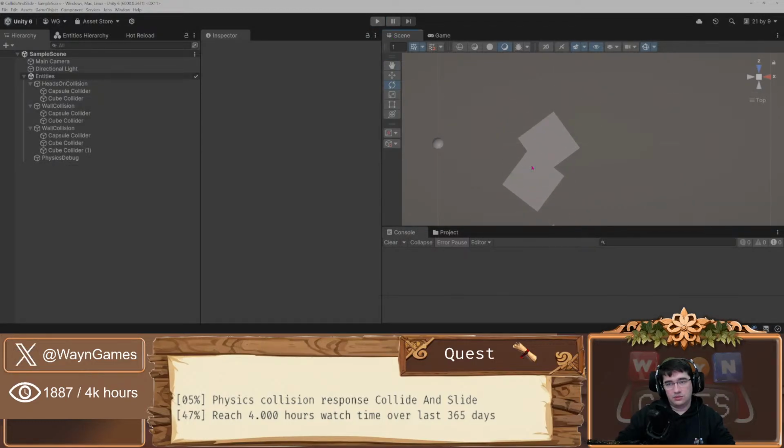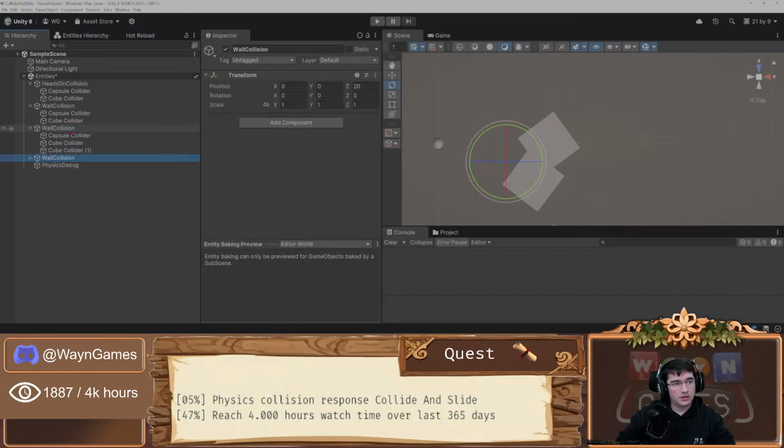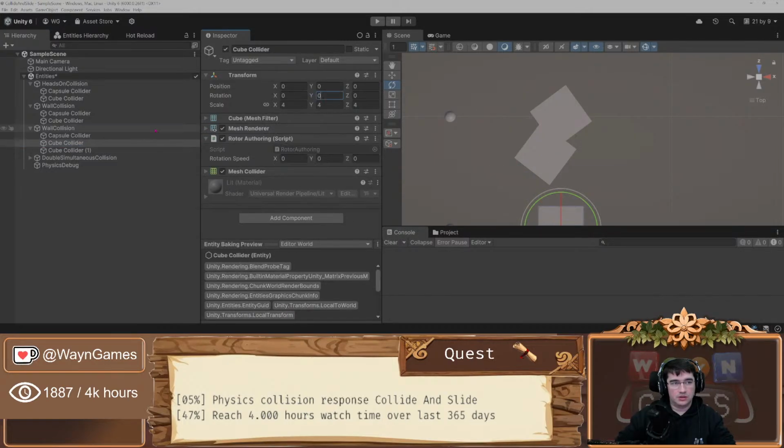Now I need to check how it would react if there are two collision points at the same time. So, double simultaneous collision. Okay, move that further, and for this one I will reset the colliders. I didn't reset the correct one. Should reset this one. Okay,